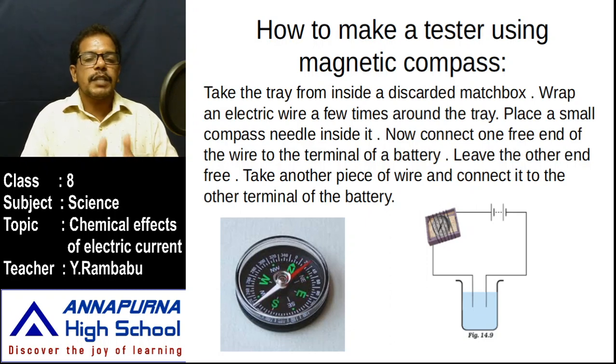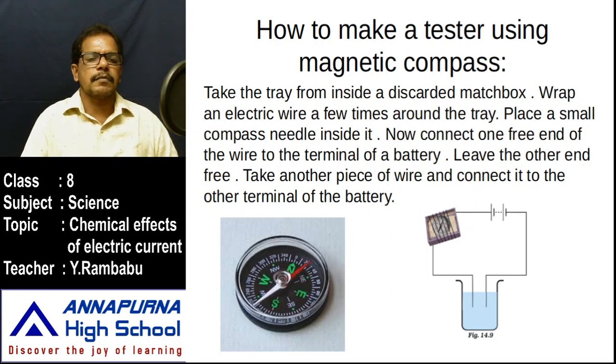Why does it come to rest showing north and south direction? That means this bar magnet is influenced by Earth's magnetic field. Around the earth, up to some extent, it shows its influence. That means it also behaves like a magnet. The deflection in the bar magnet is due to Earth's magnetic field.